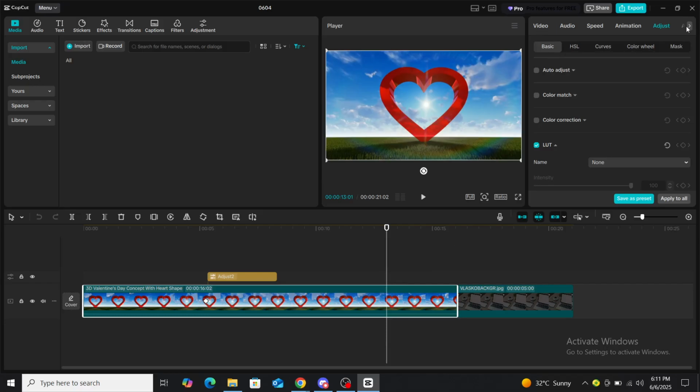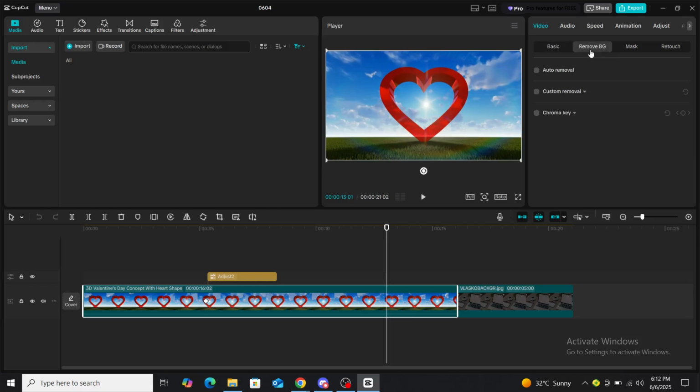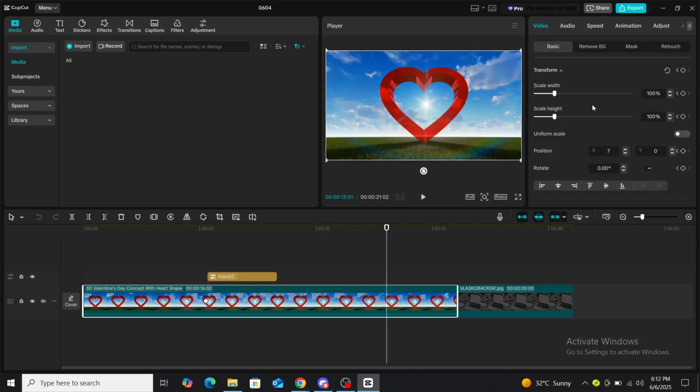And you can see some options on here like video. You can see the basic, remove BG and so on, audio, speed, adjust, as well as AI stylize. Now on here, you can see some options like remove BG or remove background. If it's not popping up on here, so you can see under basic some of the options, I suggest you